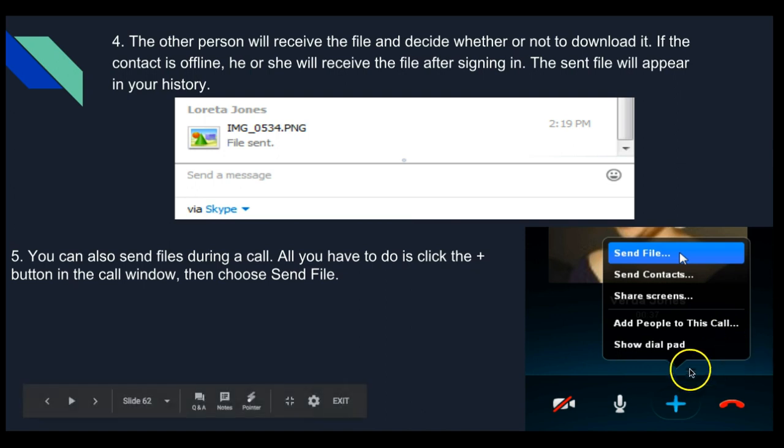That you can also find on the plus sign right here. If it's not in the chat, you can also use the plus sign, and that will help you. So that's exactly where you share screens. You can also add people to the call, or you can send contact information to someone. All right, so once you've done that, you have then effectively sent information to your client and you've shared your screen with them. Those are the two main functions that can really be helpful in addition to the calling function